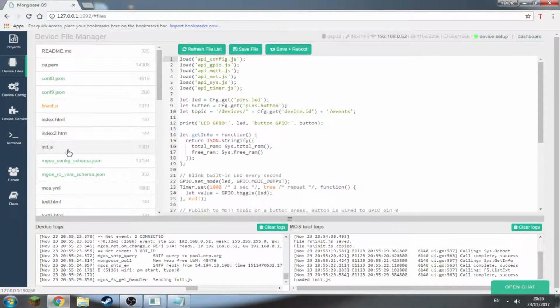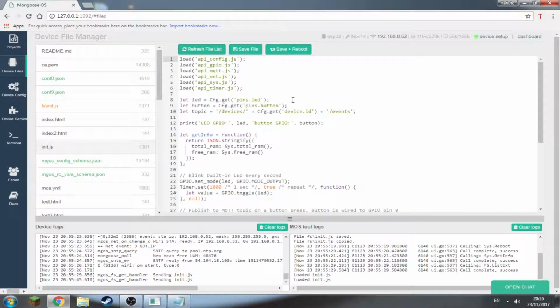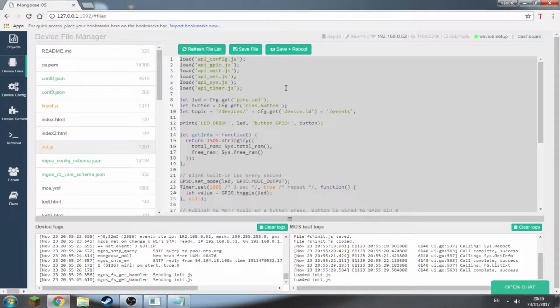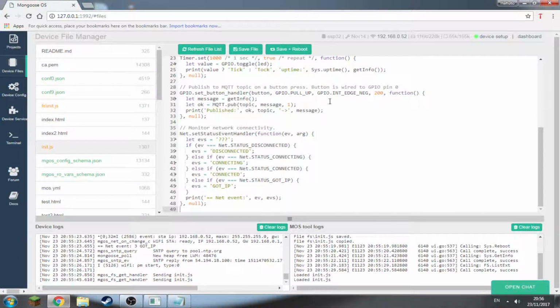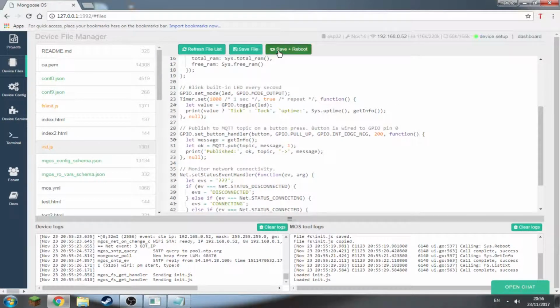You want to go to init.js. Make sure you don't go to fs\init.js. You want to go to init.js. So click on that and you will have different code. Now I've already done this, so I have the right code, but you'll have different code. So just click anywhere, Control A and Control V as in for volume, or Command V for Mac. And that'll paste what you've just copied earlier on the other file onto this. So now press save and reboot,